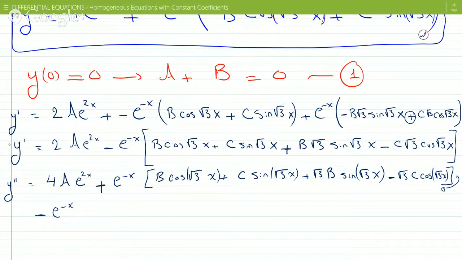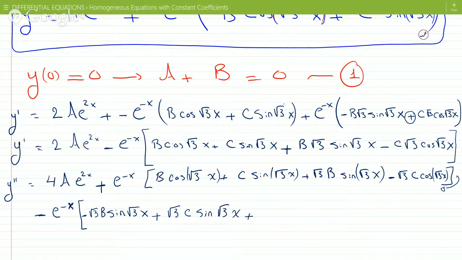E to the minus x, the first as is, times the derivative of this whole inside now. So start with this. So this is going to be b minus sine root 3x. Then the chain rule on the inside will get me a root 3. So this becomes root 3b sine root 3x. And then on the second one, it's the same thing, root 3 except cosine and plus. So root 3c sine root 3x